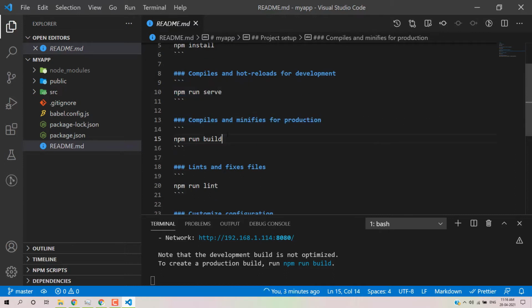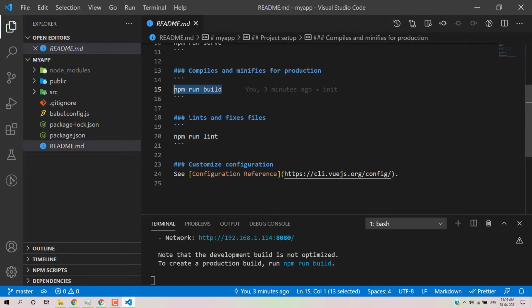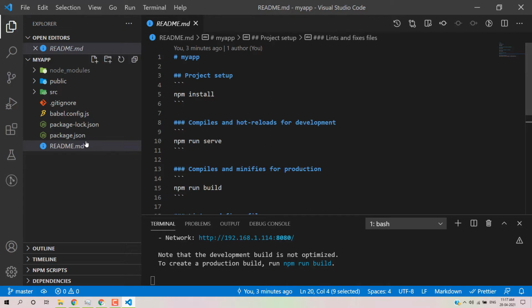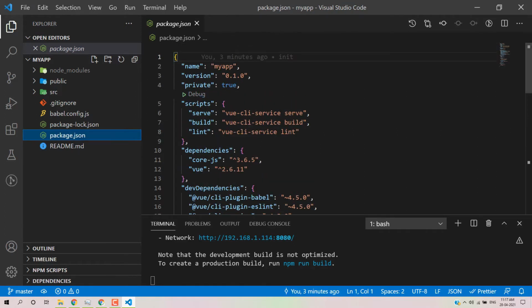Okay, and then since we are working with Node.js, every Node application has a specific package.json file, which is the main configuration file. Inside package.json we have the project name, my app, the version, and private equal to true, since right now my project is private. Then we have a scripts section. Whenever we run npm run serve, that command is executed behind the scenes. And when we run npm run build, that command will execute in the CLI.